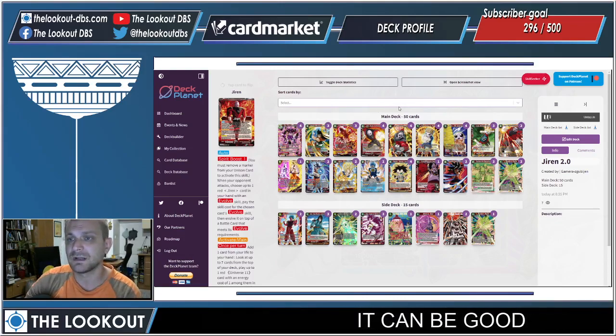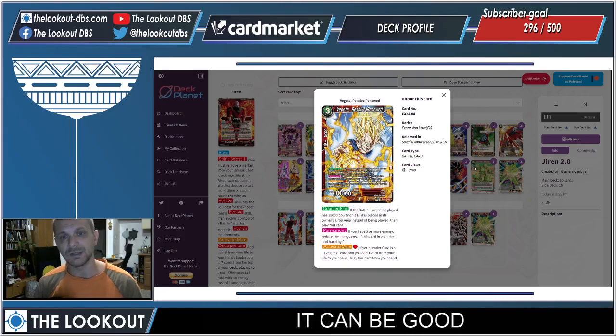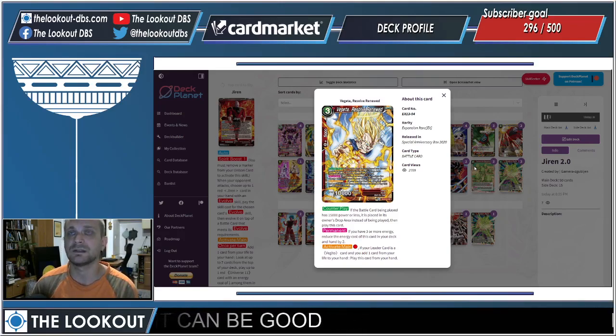One of the things I've learned is that this deck should main Vegeta, Resolve Renewed, because when you have 3 energy and your opponent plays almost every printed floodgate battle card negate that exists, Vegeta will counterplay it and remove it from the board. You will get a body on board. On 3 energy, you will have the necessary energy to